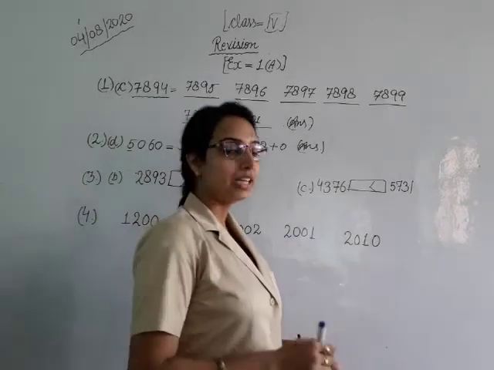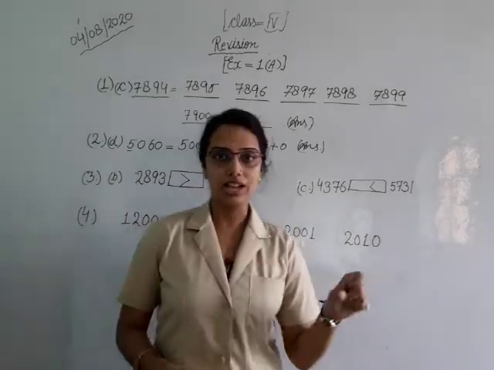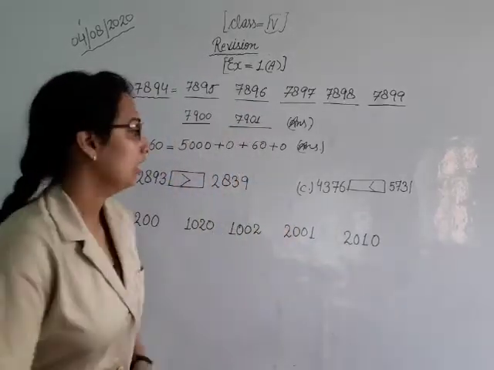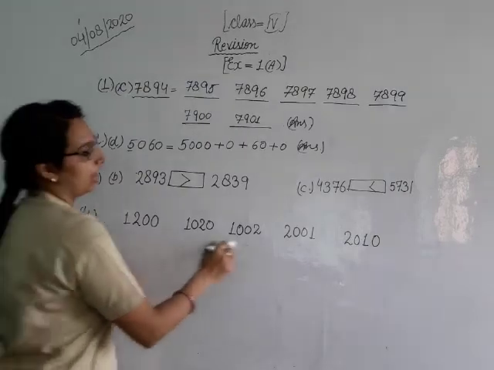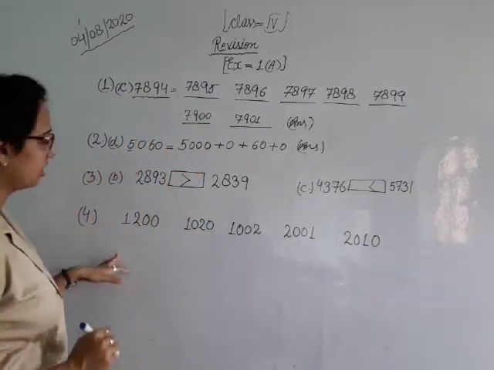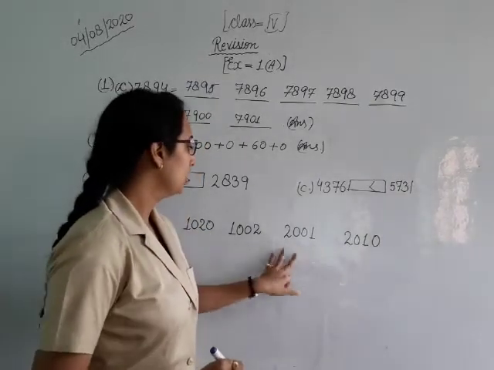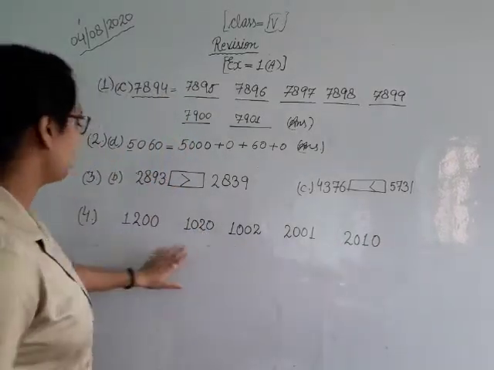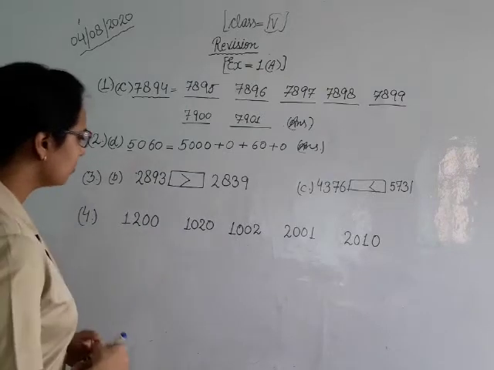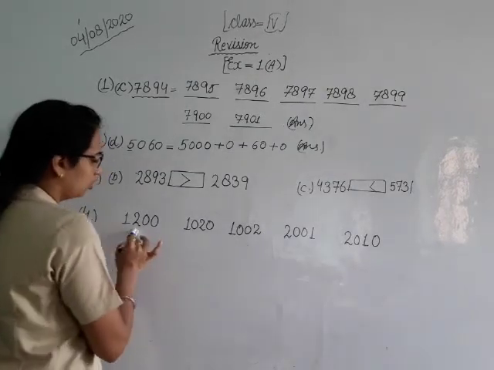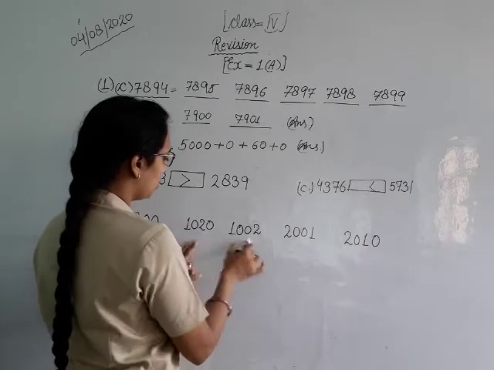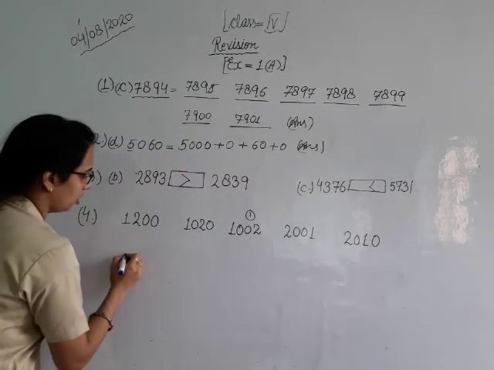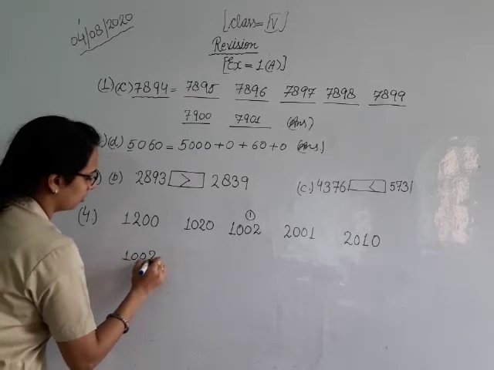Okay. Now coming towards our fourth question, write in ascending order. What does ascending mean? Ascending means first of all smallest, then big one, then big, and last one biggest. Okay. Now see, identifying these 5 digits. First 1, 1, 1 and 1. These 2 we will not see because these 2 start with 2. We will consider first of all these 3. See which is smaller, 2, leave it, 0 and 0. Then 2 and 0. Which is less than, this is first. So write first of all 1, 0, 0, 2.